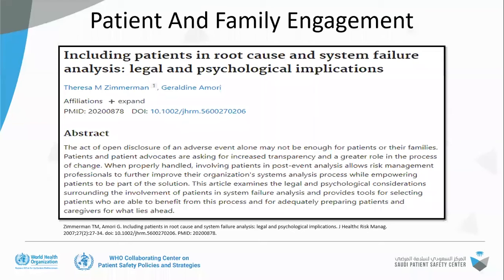The evidence is lacking in supporting the involvement or engagement of patients. We have few articles talking about patient engagement. This is one of the articles, by Zimmerman. He concluded that involving the patient in the process of investigation of an RCA will allow risk management professionals to improve their organization system analysis by empowering the patient to be a part of the solution. And yet we are lacking